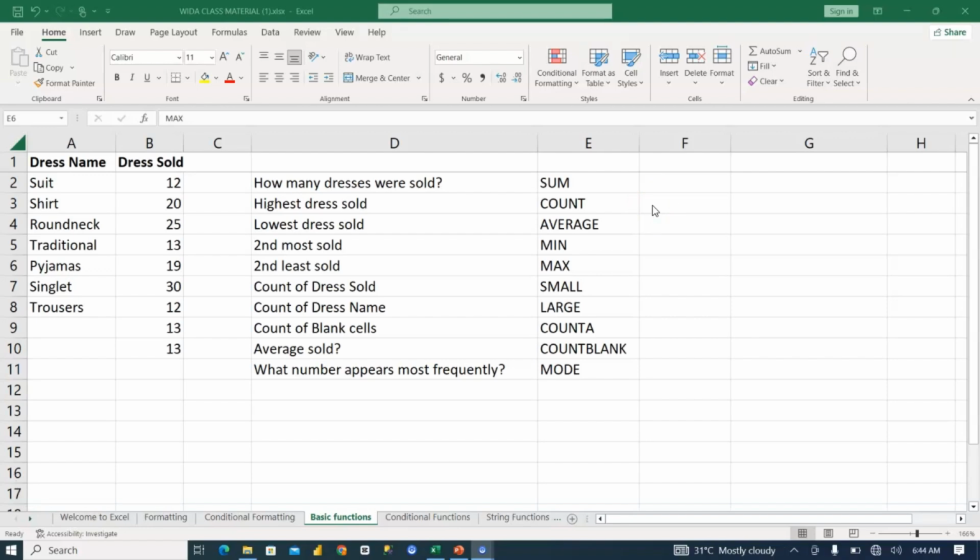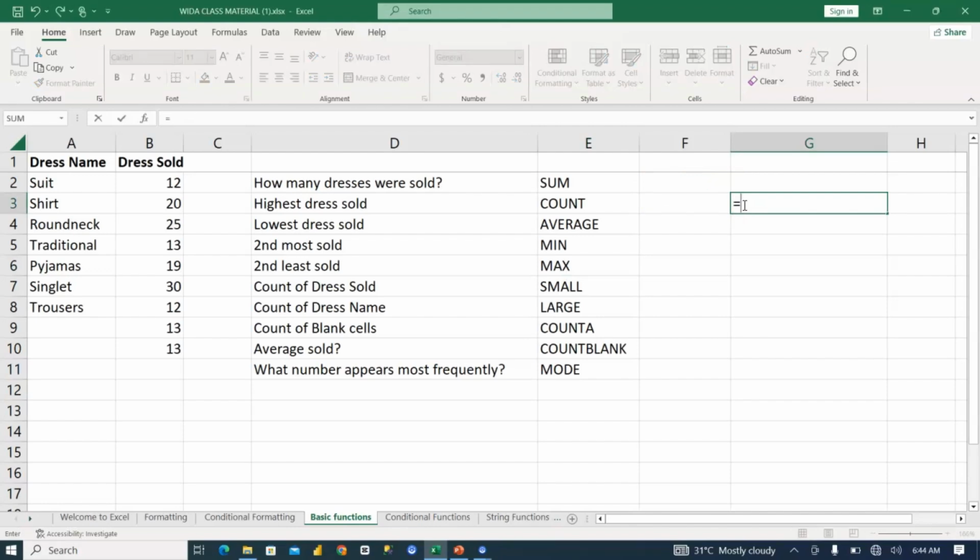Sum is basically the short form of summarize. So when we say summarize, that means we want to aggregate a range of cells or some numbers together. And when it comes to aggregate, that means we want to add, in a very simple meaning. So if we say we want to sum, just like I've explained before, I have equals to, and don't forget, every operation in Microsoft Excel starts with an equals to sign. So equals to sum,